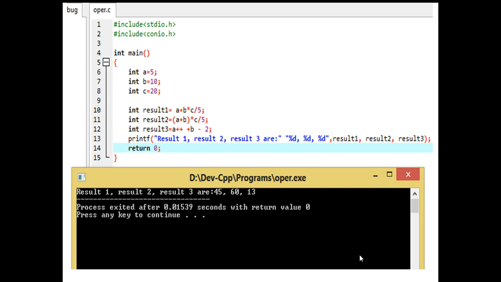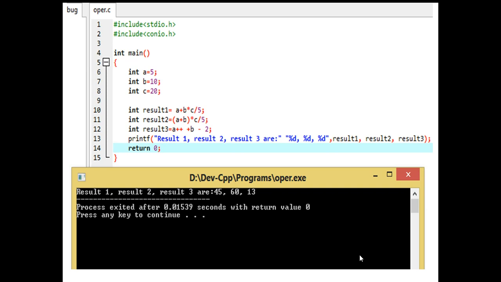And we also have another arithmetic expression where the result is assigned to result2. Result2 is equal to a plus b, which is nested in the parenthesis, into c by 5. The result of the other expression, that is result3, is a plus plus plus b minus 2. The program demonstrates the results of result1, result2, result3 variables.